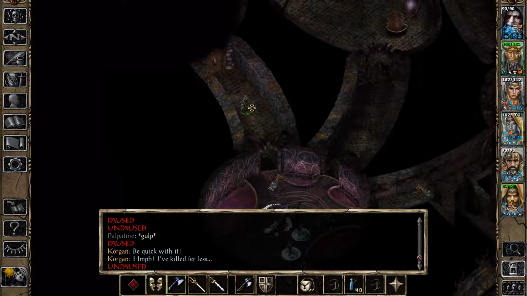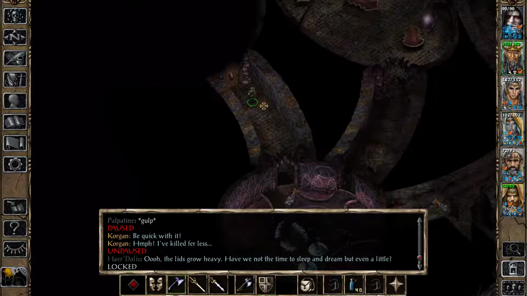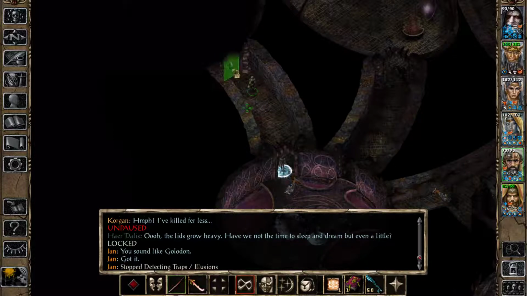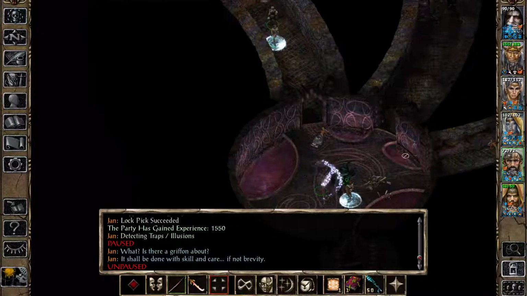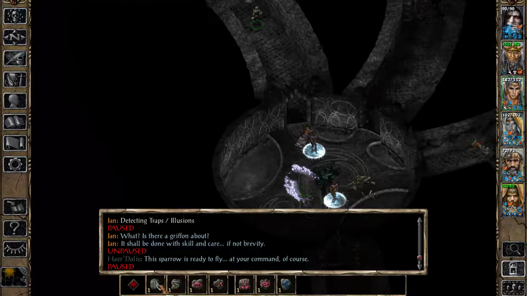So Mr. Korgan is gonna explore. The lids quietly. Have we not... oh, come on. You got it. Dream, but even a little. Okay, I still have Spell Trap up. Okay, but I opened it. It shall be done with skill and care. This not sparrow remedy is ready to fly. Let's your all command. Pray. I have...